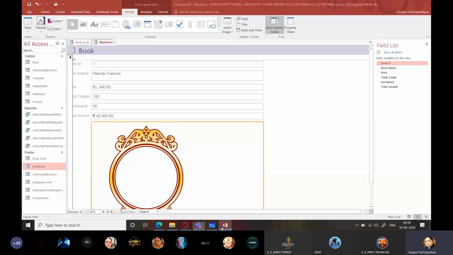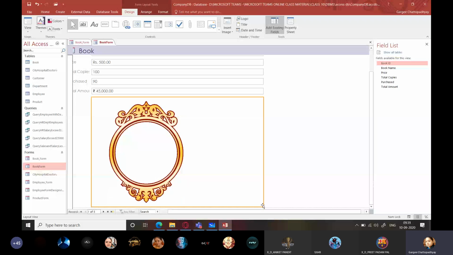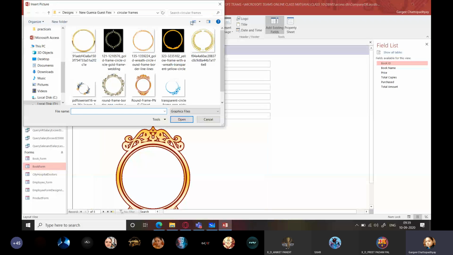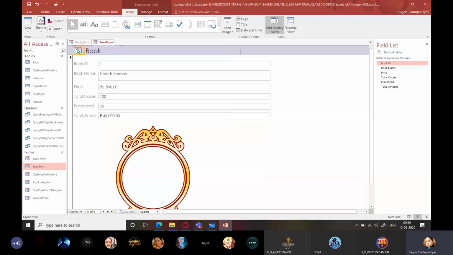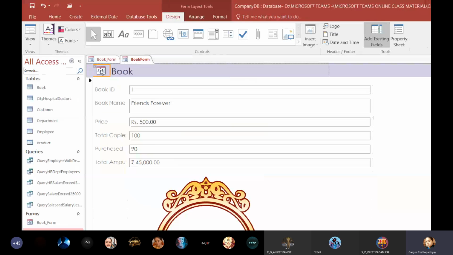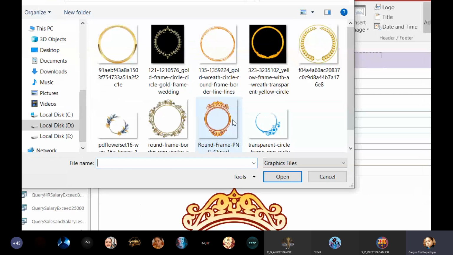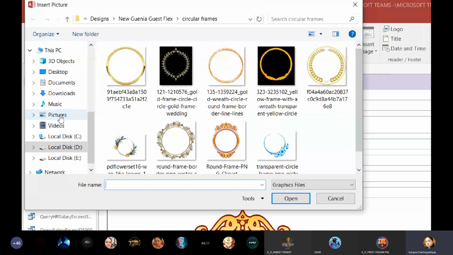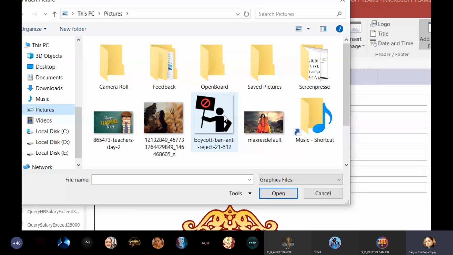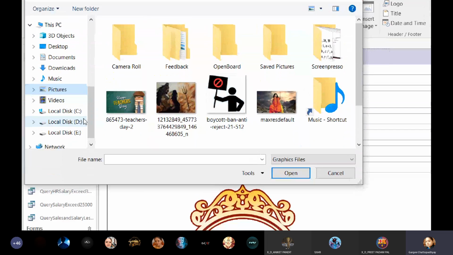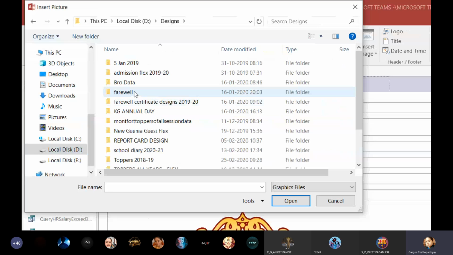So you can see that I have inserted an image over here. So you can insert your image or the company's logo over here, anything like that. Now logo. So you can insert a logo. Usually logo is something which appears over here at this corner. Okay. So I'm going to insert a logo. So I'll click on this and maybe I can insert some logo. So I'll go to pictures and here maybe I'm not going to take this one because it gives a negative message. So I'll go to designs and